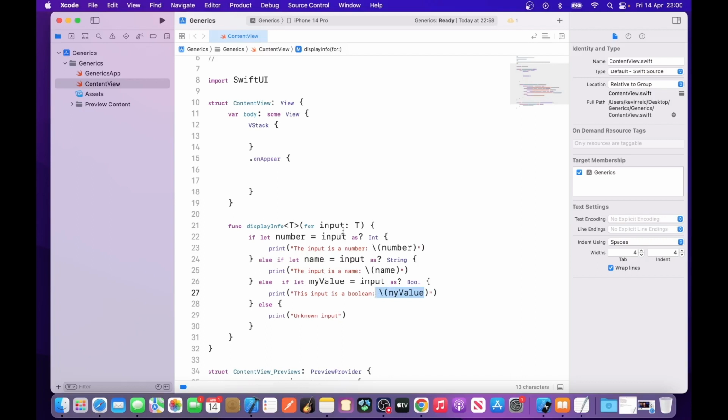And then if none of these cases match an int, a string, or boolean, it then goes to the last case, which is the else statement, and then it will print out unknown input. So how we test this, we have to go back to our dot on appear and then type the following: